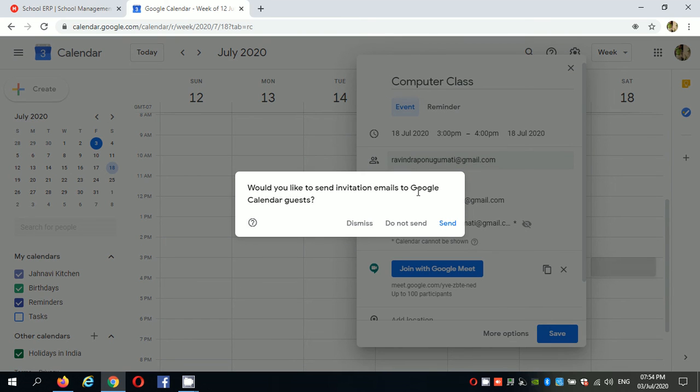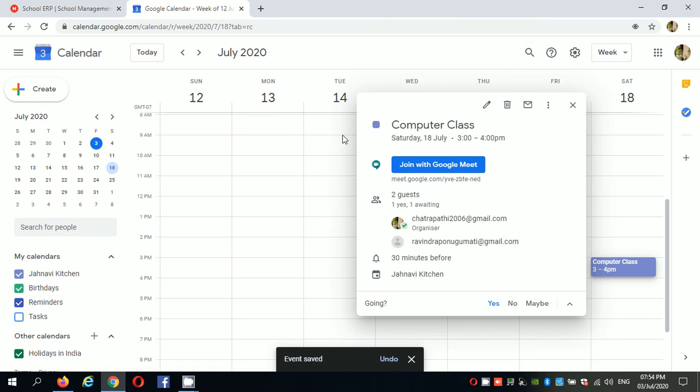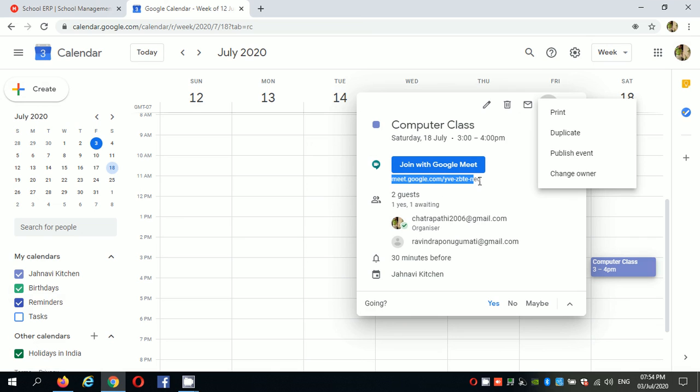If you want to send an invitation to Google Calendar guests, send it. If you want to see the meeting schedule, again click on this, and now you can share this meeting ID to the participants. Here you can see the symbol, copy conference link.